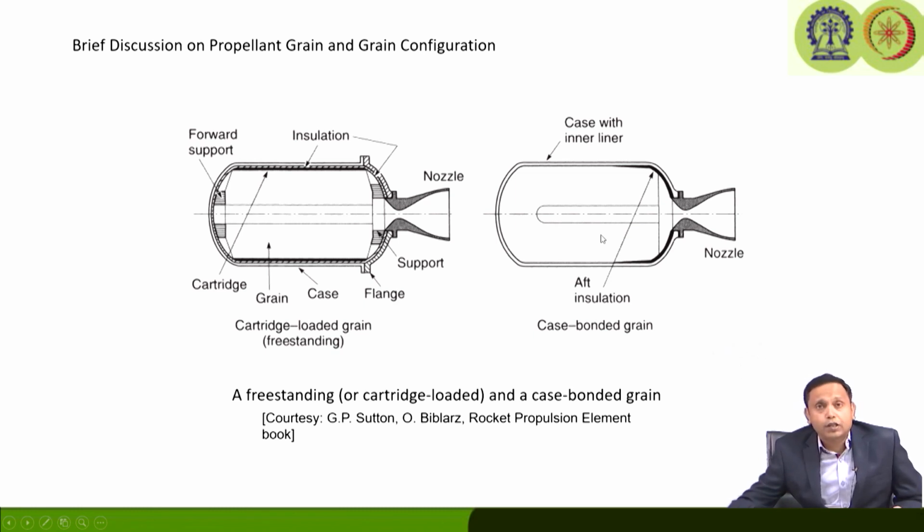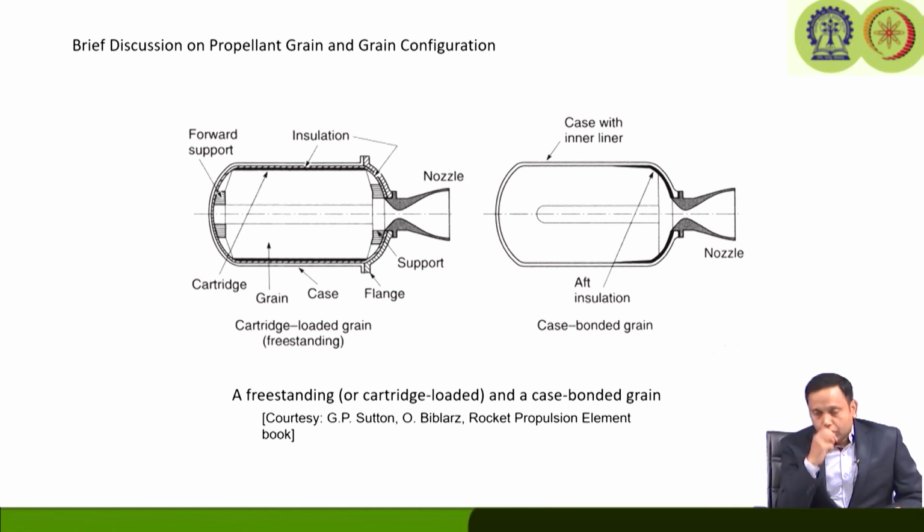The grain is cast and cured within the motor casing itself. So, many large rockets use this process of having the case bonded grain. Having said that, now let us look at some of the important terminologies related to the grain and the grain